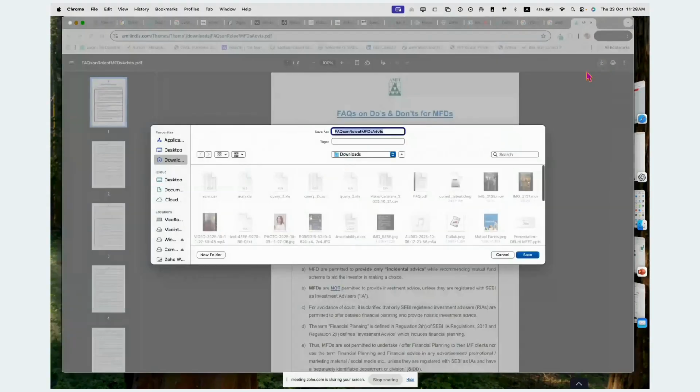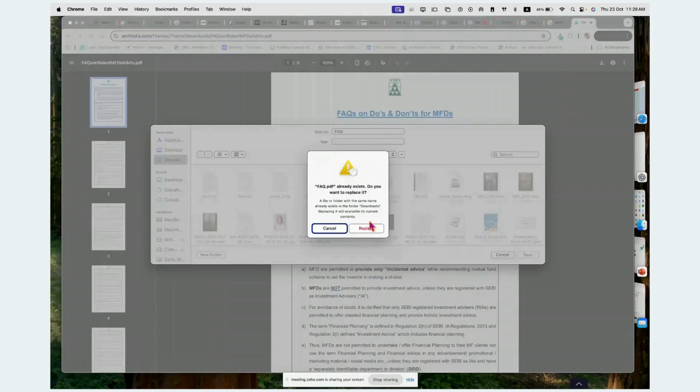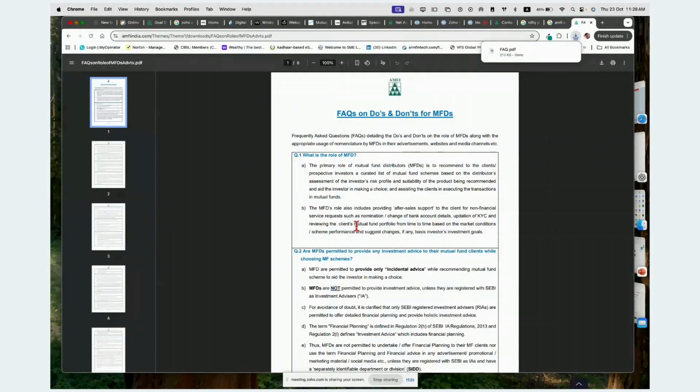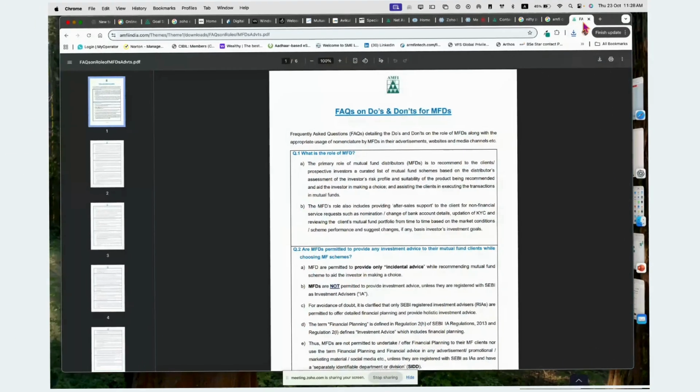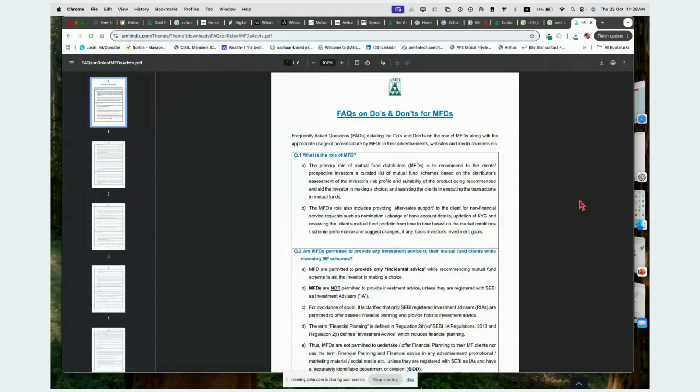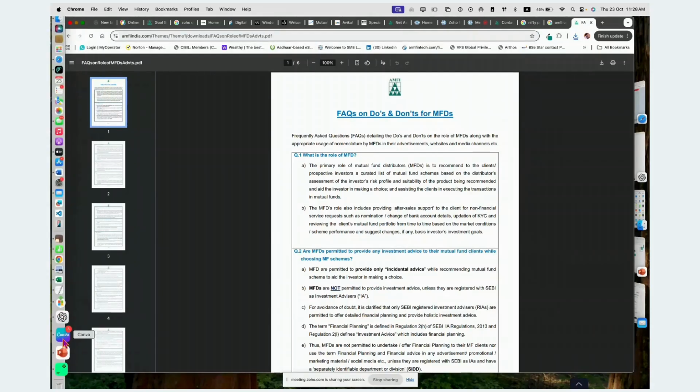You have to understand these do's and don'ts for MFDs. Surprisingly, when I take my sessions, I find people have no such sheet in their hand. This is very important. You should have that sheet on your table, and you should be using it and referring to it. These FAQs actually restrict us from a lot of things, and that's the way we design our CRM.